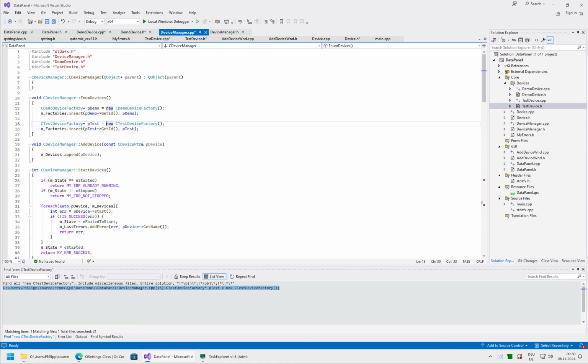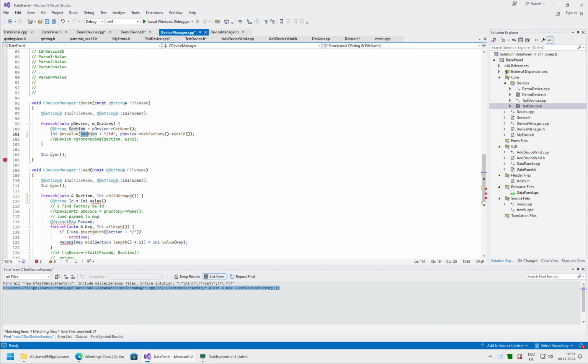Right, factories, device manager. So what we do here is we will get the ID. String ID equals ini file value, section plus ID as a key, to string. And now factory path equals